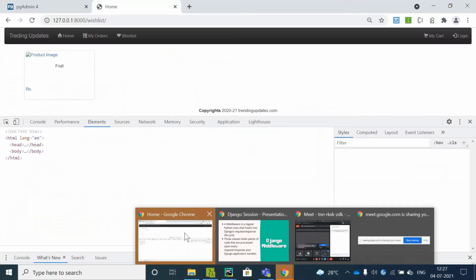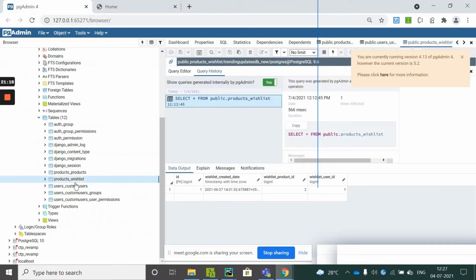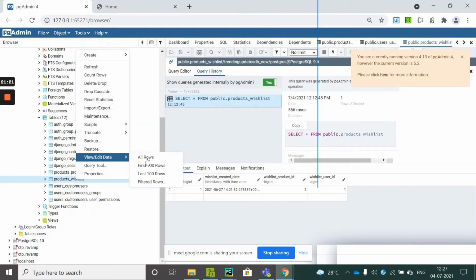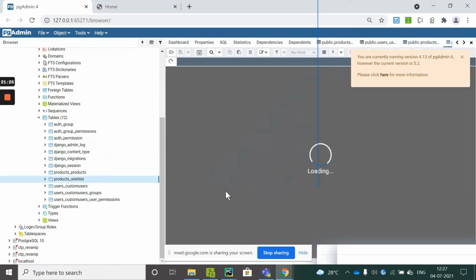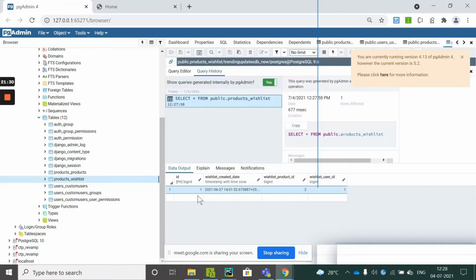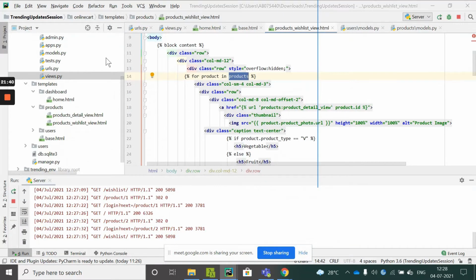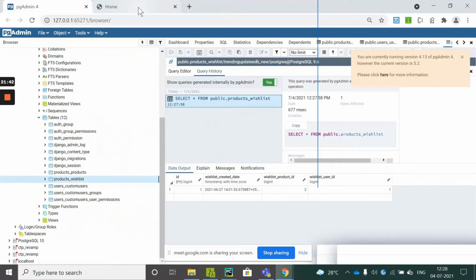Let me see what all things are there in the wish list. Here you see product ID, created date, and the user ID being added to the wish list. Now I'll add one more product to the wish list.